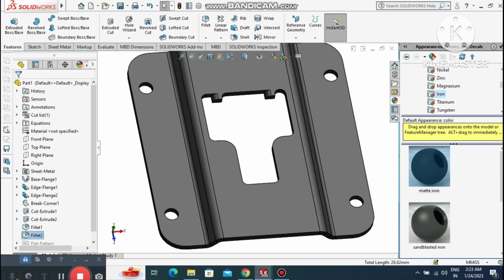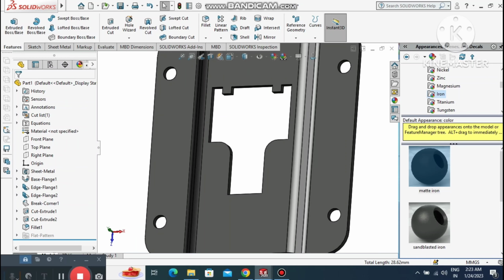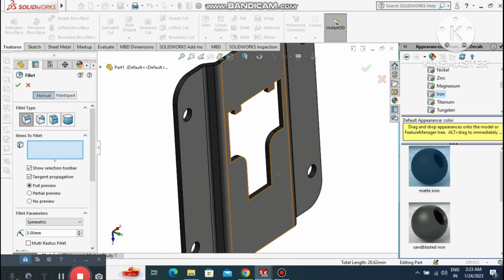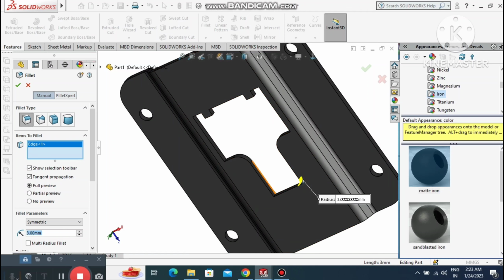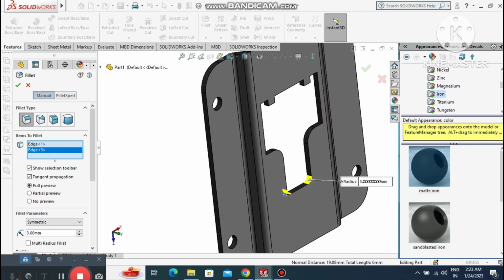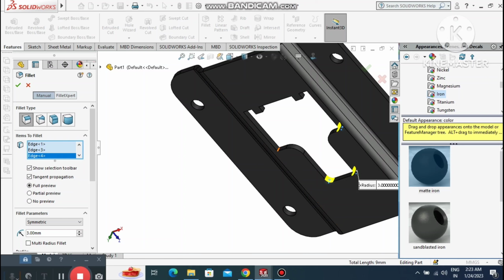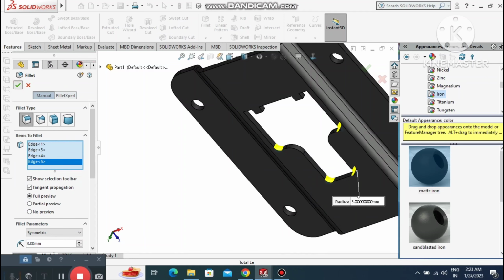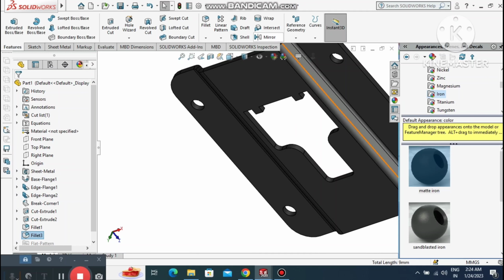sorry it does not look much better, so we just remove this fillet, this one side. So again go to the fillet and here we select the 3 mm. Now again we select all the edges where we keep the fillet of 3 radius, so select separately, so just remove it, select this one, this one, this one, this one. Okay,